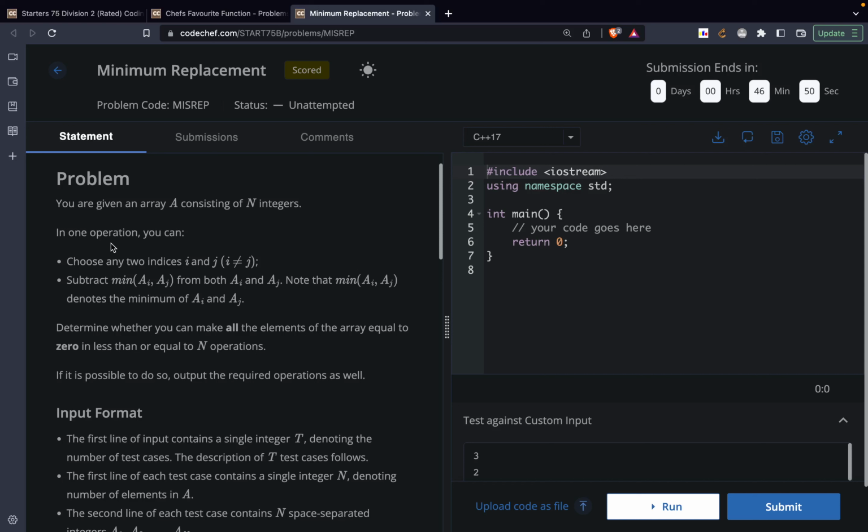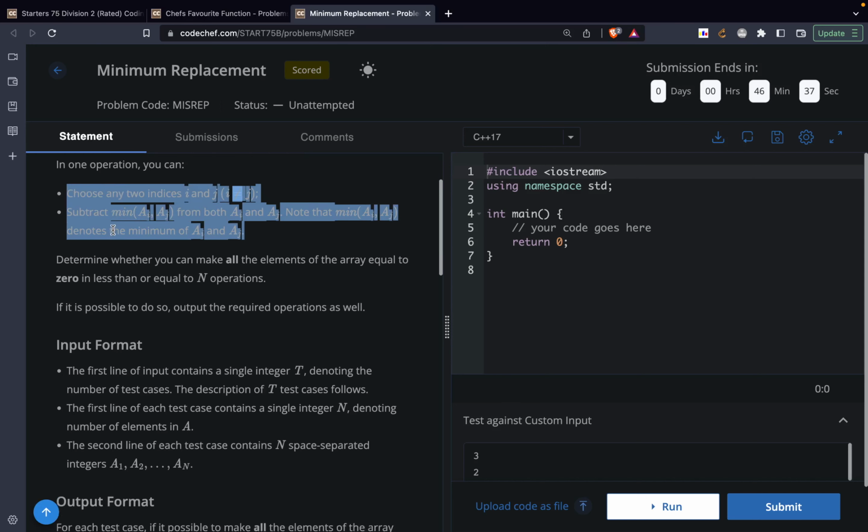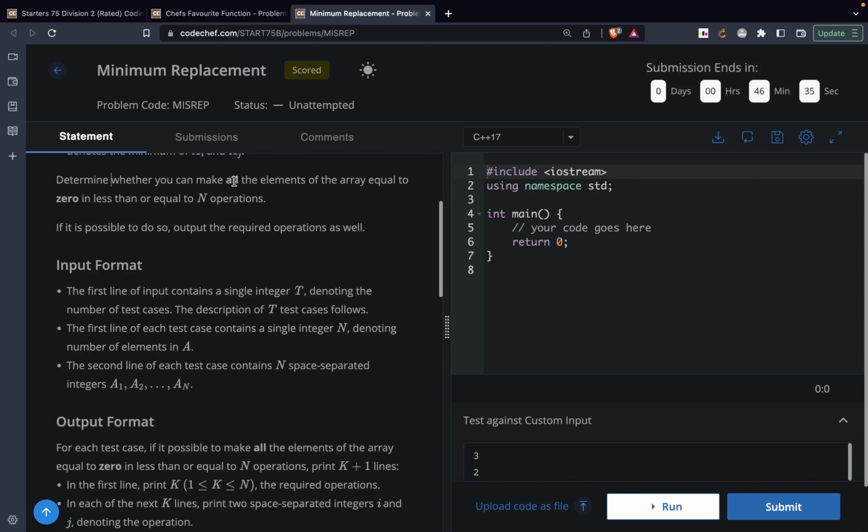So the problem is stating that you are given an array A consisting of n integers. In one operation, you can choose any two indices i and j, and subtract the minimum of A i and A j from both A i and A j. Determine whether you can make all the elements of the array equal to 0 in less than or equal to